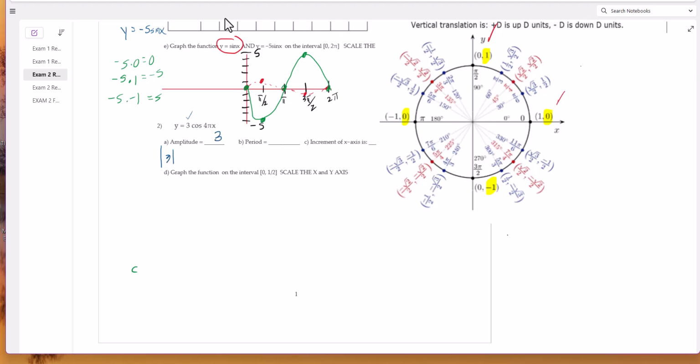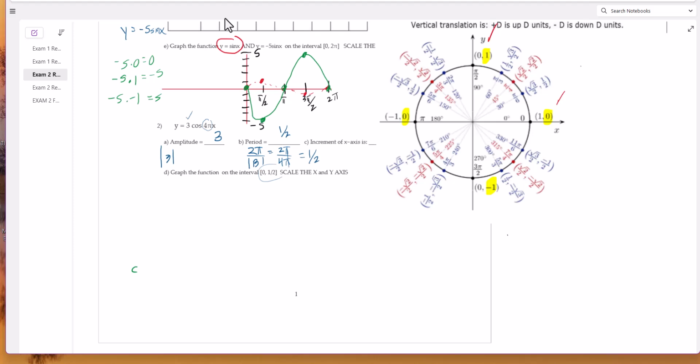Your period is 2 pi over b, and b is the number in front of x. So we're going to do 2 pi over 4 pi. Pi's cross out, reduce the fraction, you get 1/2. So notice on here that I'm asking you to graph this from 0 to 1/2. The intention was to have you graph this over one period, which is typically what I'm going to do in